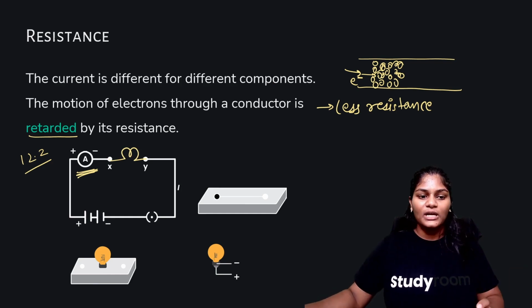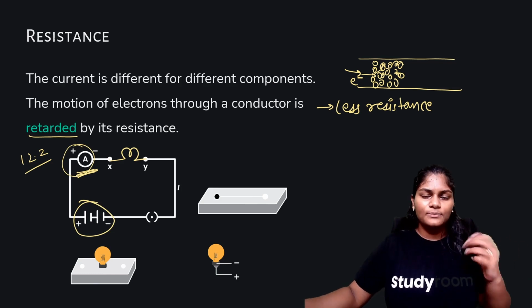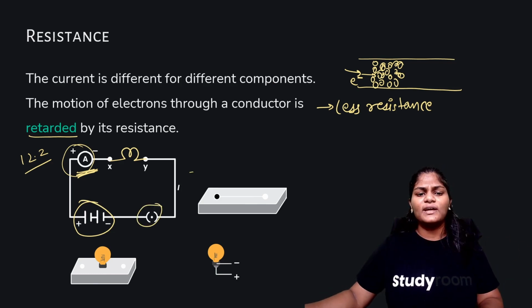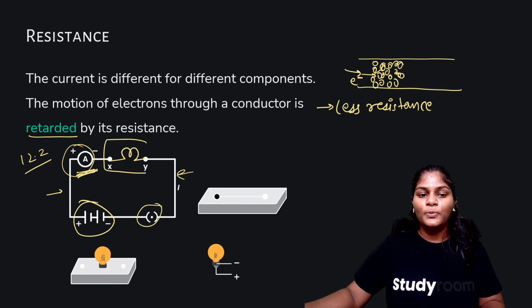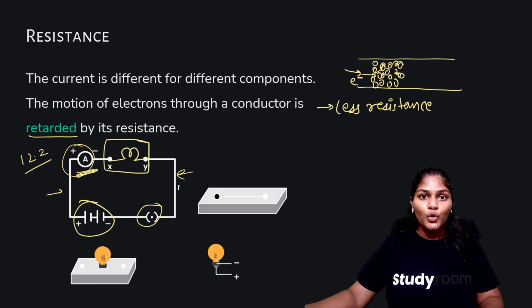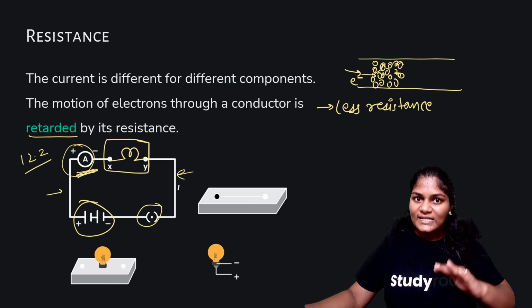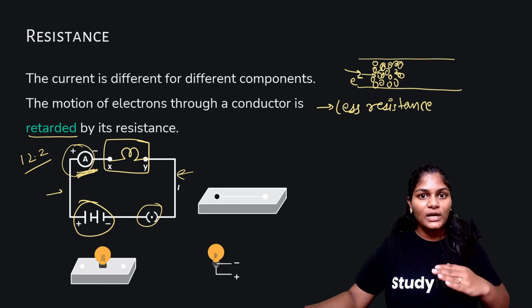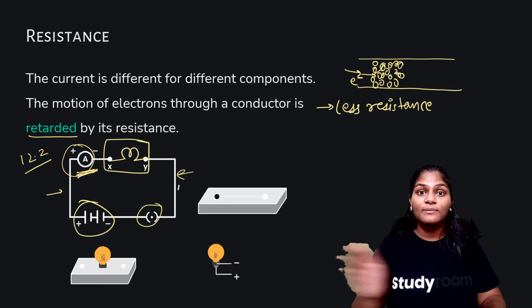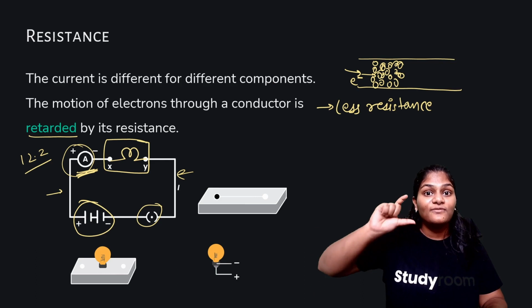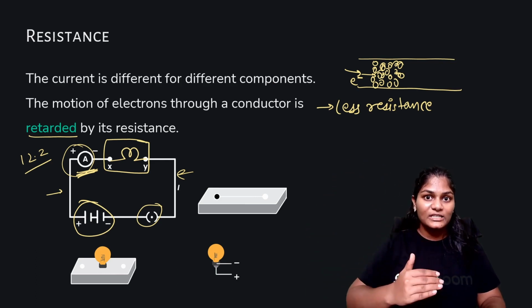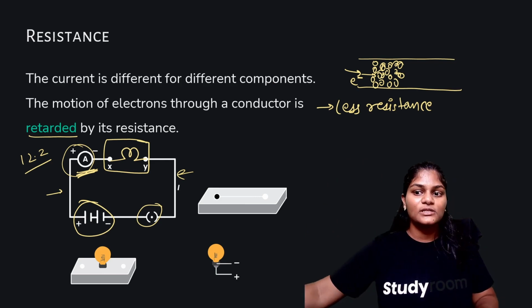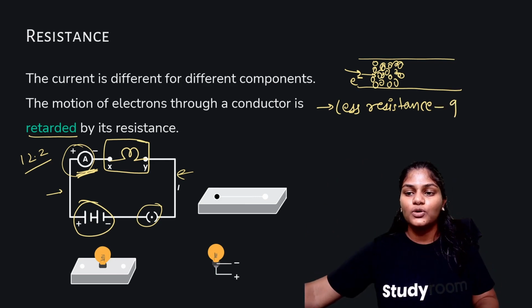But why is it different? Nothing has changed. It's the same ammeter, the same battery, the key hasn't changed, the wires in the circuit haven't changed. What has changed? Only this component between X, Y. So, if copper offers less resistance to the flow of electrons or current, that means current can pass through copper easily. So the value of current in the ammeter would be higher than with the light bulb. Okay, so if less resistance is offered by a conductor, it is known as a good conductor.